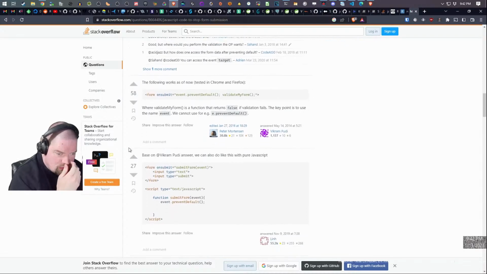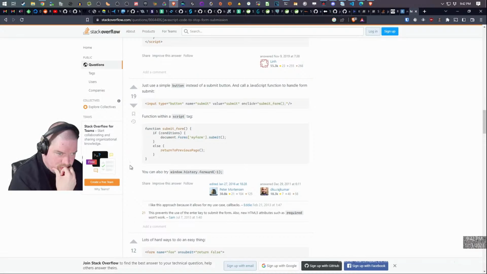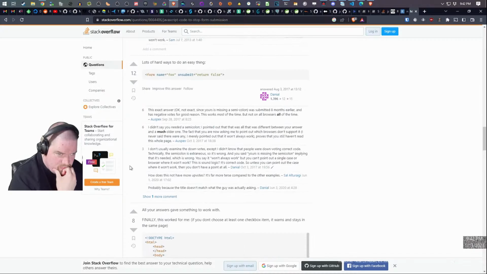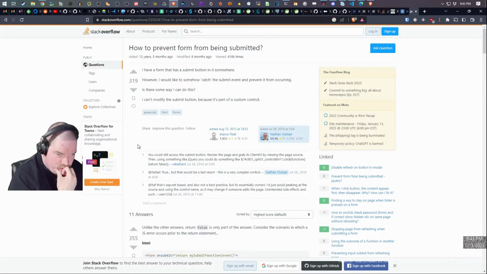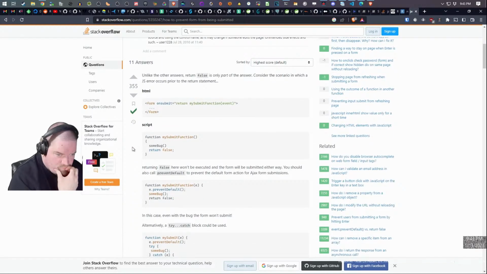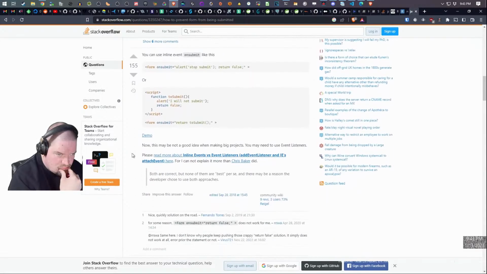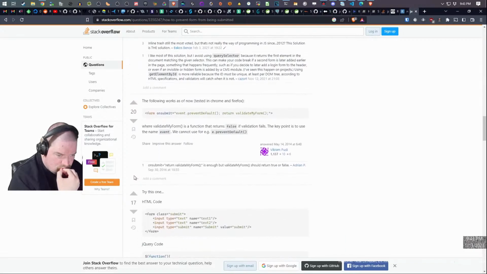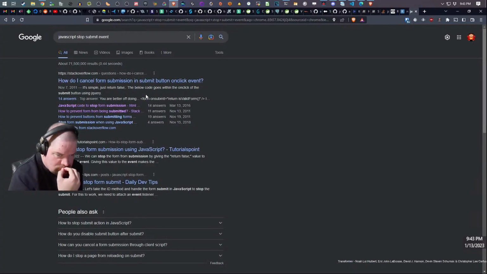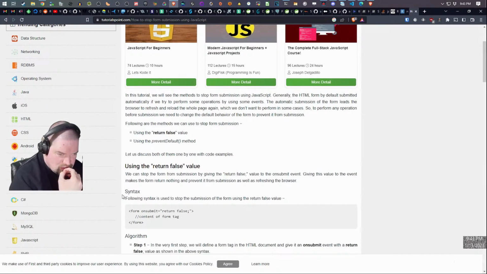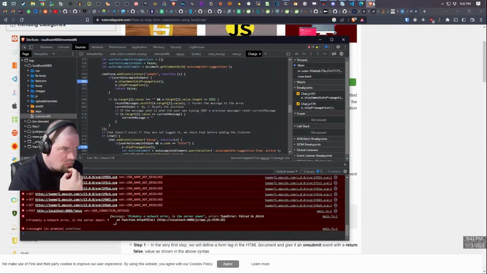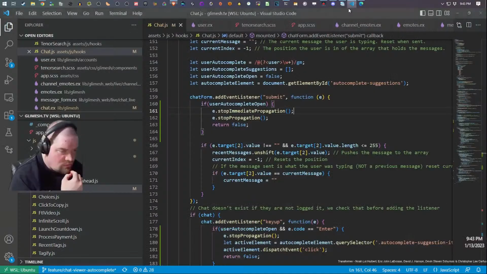And they're all just returning false, which is normally correct, but it's stopping that form from submitting, obviously, but then it's... Oh, I wonder if I need prevent default in there.